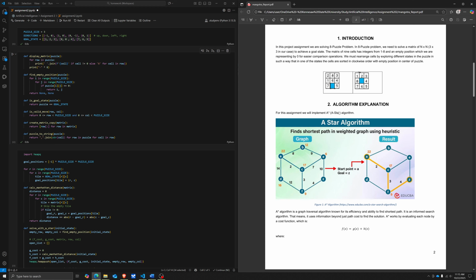So, in this assessment, we will be solving the 8 puzzle problem using the A star algorithm. By 8 puzzle problem, I mean that we have a 3 by 3 matrix of numbers 1 to 8 with a null value, and our goal is to find the ascending solution, the clockwise ascending solution of that state. We can see the initial configuration and goal state here, and we'll be solving this using the A star